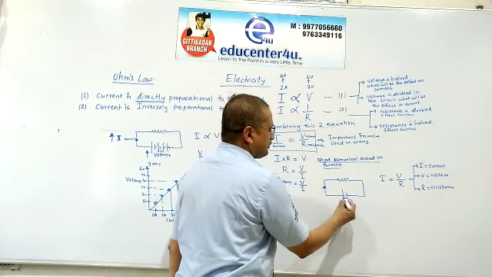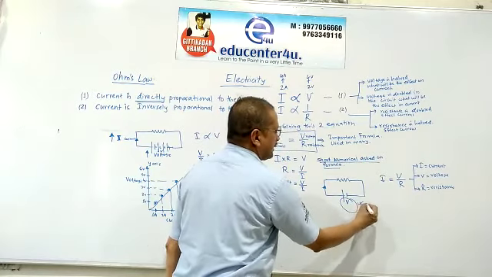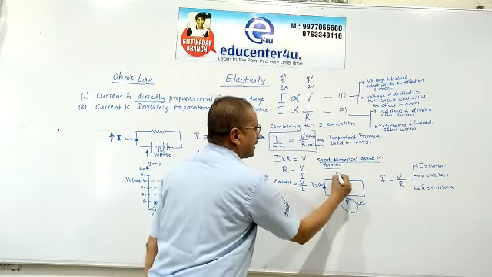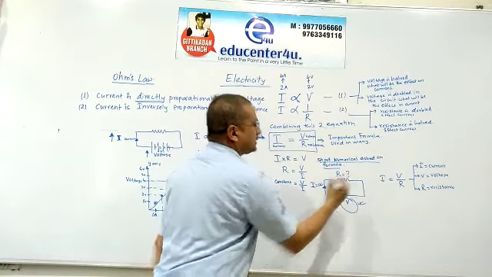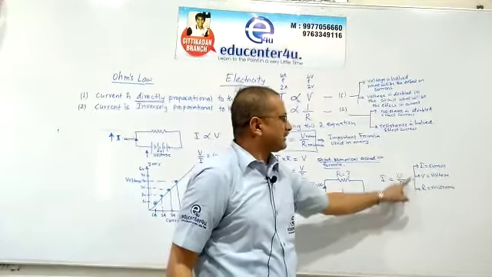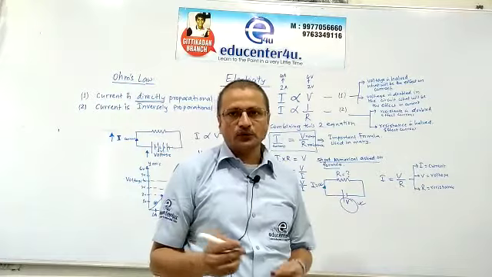Suppose the voltage is given to you, current is also given to you, and it is asked what will be the value of R. So out of three, these two will be given to you, and you have to